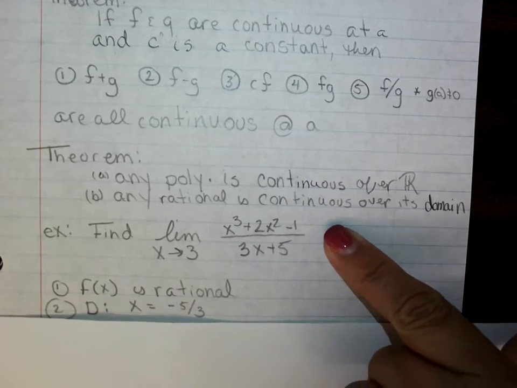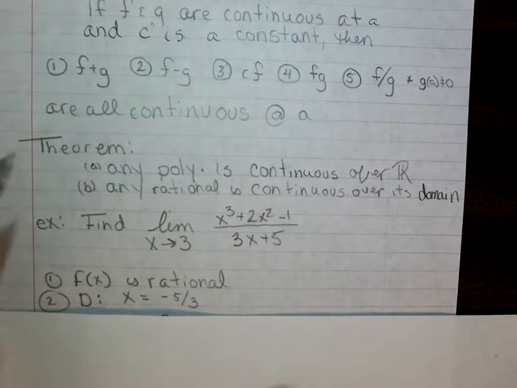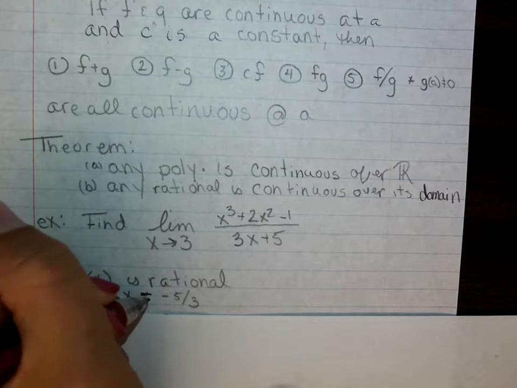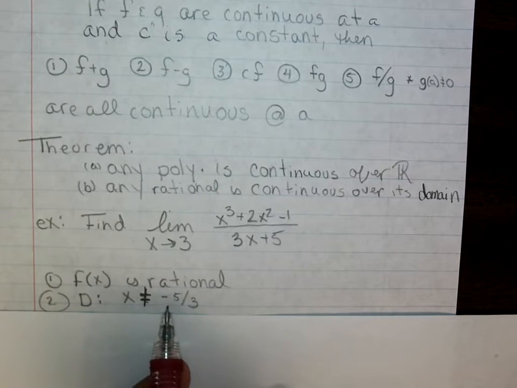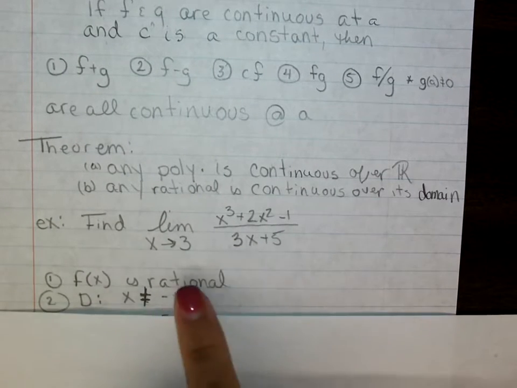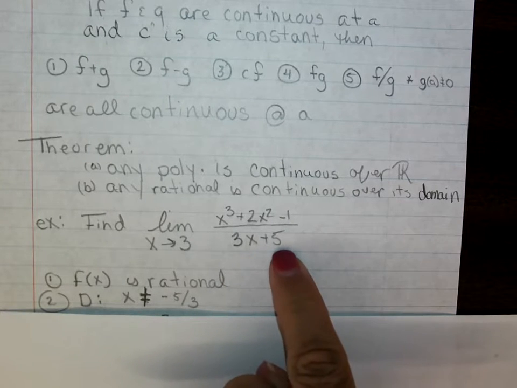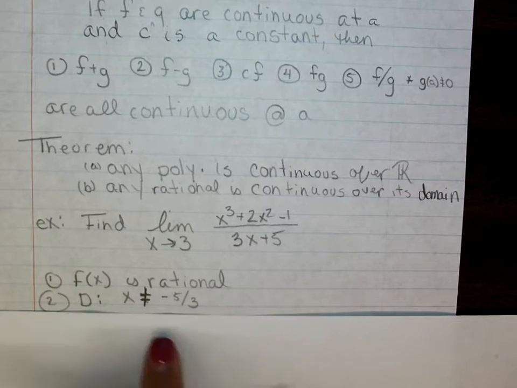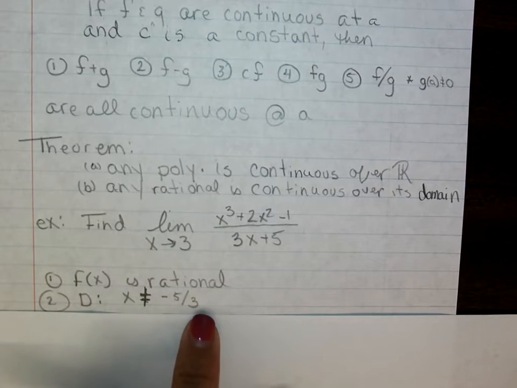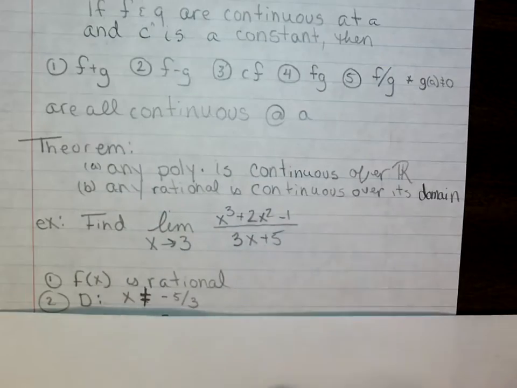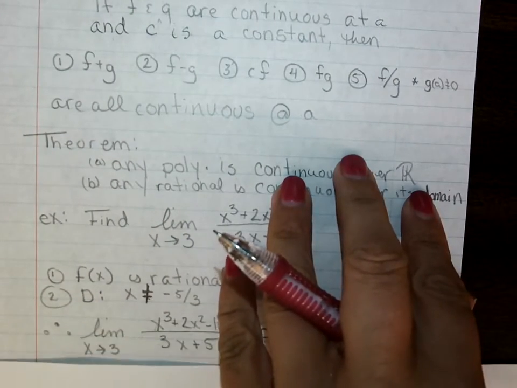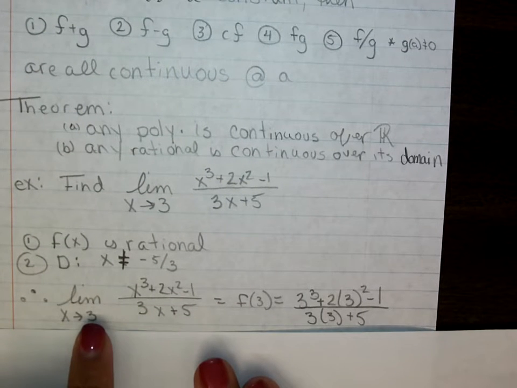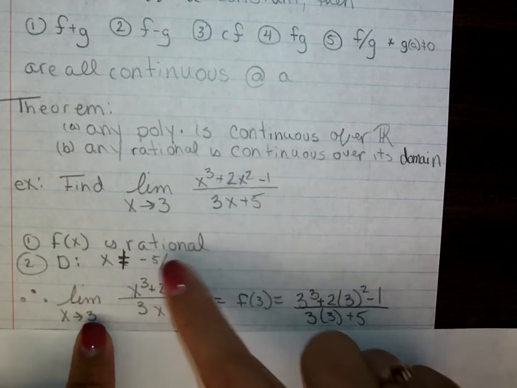So we're going to have to see what is the domain. The domain is x cannot equal -5/3, okay? And remember, we find that by setting the denominator equal or not equal to 0 and solving. So the domain is going to be all reals, x cannot equal -5/3. Okay? Well, therefore, we could say, if we're looking at the limit as x approaches 3, well, 3 is not -5/3,